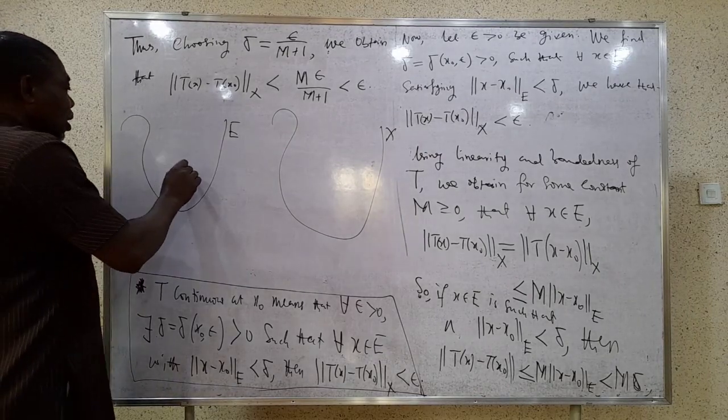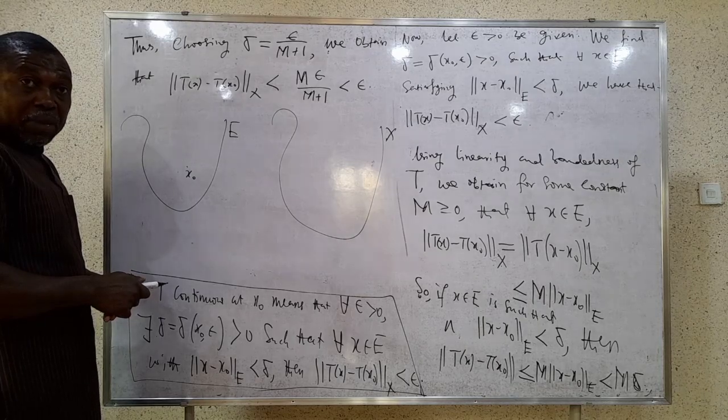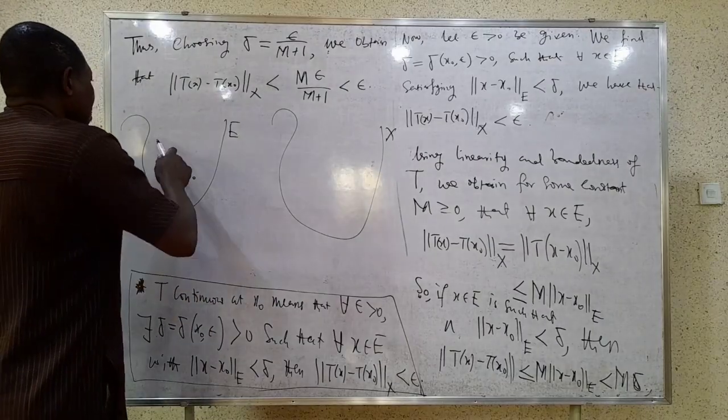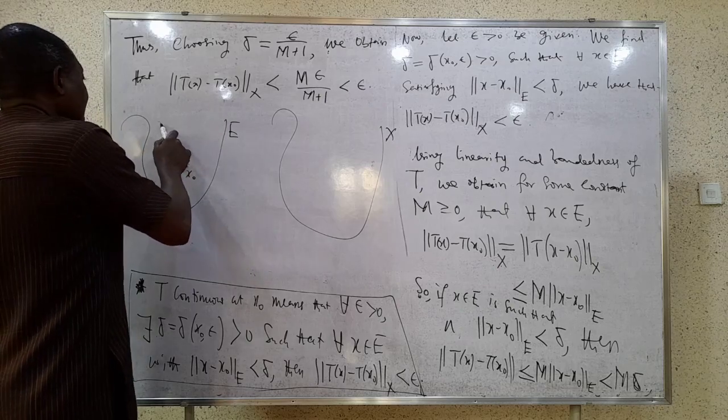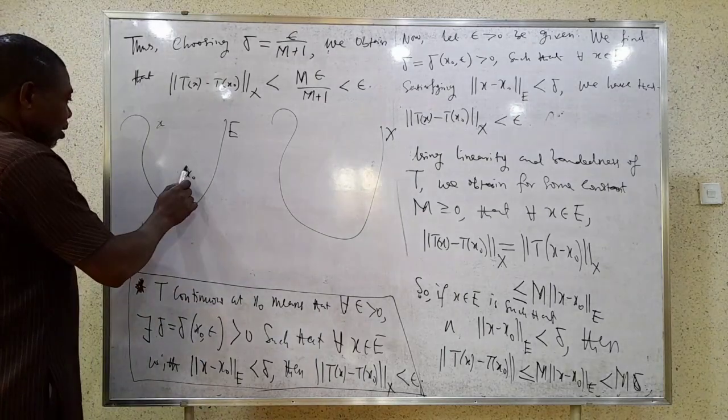Of course, x naught is fixed somewhere in E. Then x is varying in what? x is varying in E. If we now get this delta,